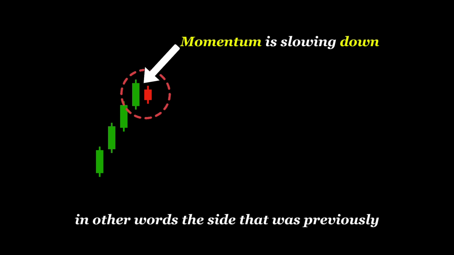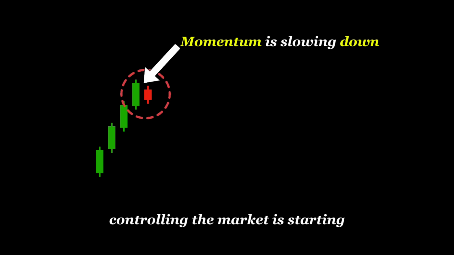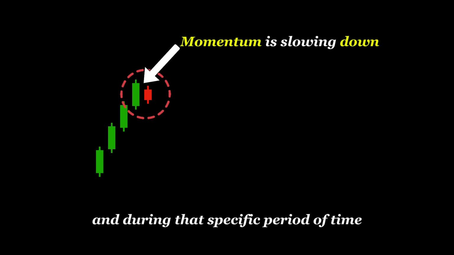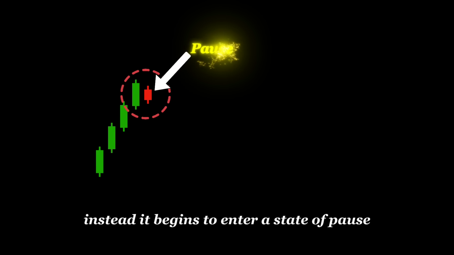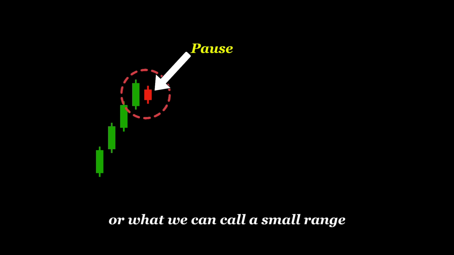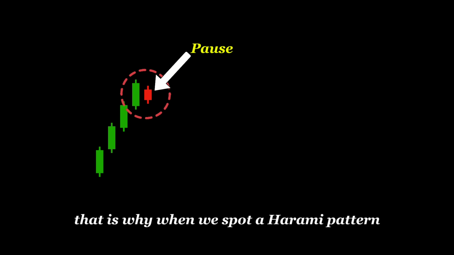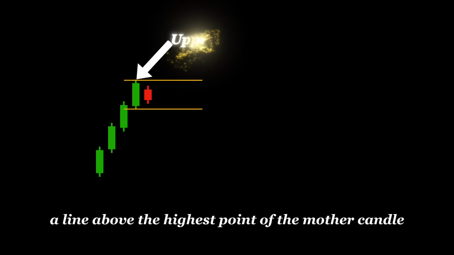In other words, the side that was previously controlling the market is starting to lose strength. And during that specific period of time, the market is no longer moving strongly in one direction. Instead, it begins to enter a state of pause, or what we can call a small range. That is why, when we spot a harami pattern, we can draw a line above the highest point of the